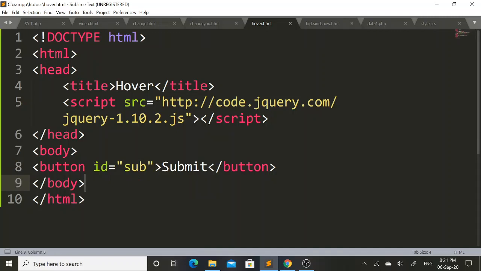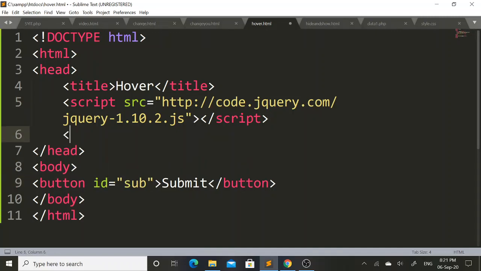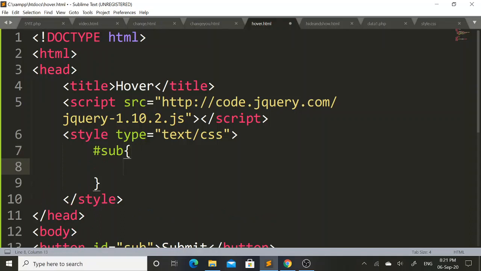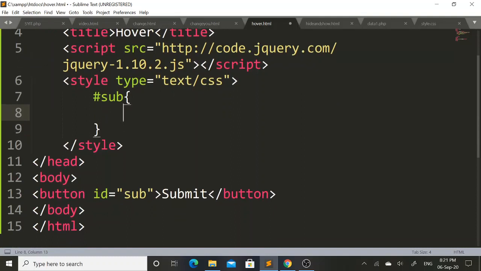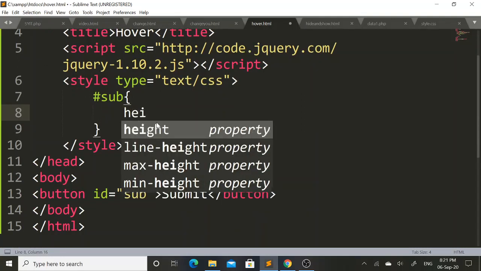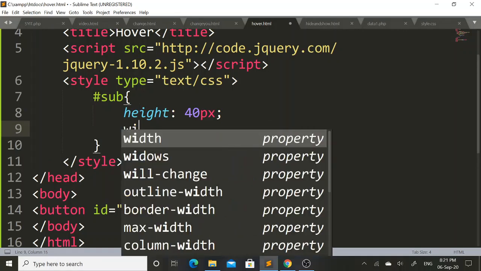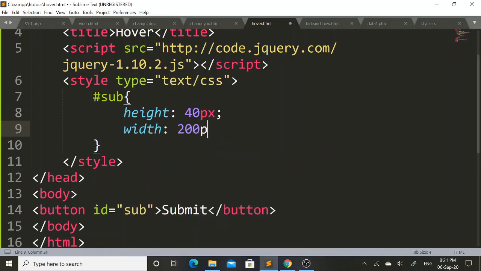Then after script tag within head tag I will include style tag to apply internal CSS properties for this submit button. Here I will mention hash sub, then open curly brace, close curly brace, and within these two curly braces I will apply internal CSS properties. Here I will set height property, that is 40px, then width property 200px,